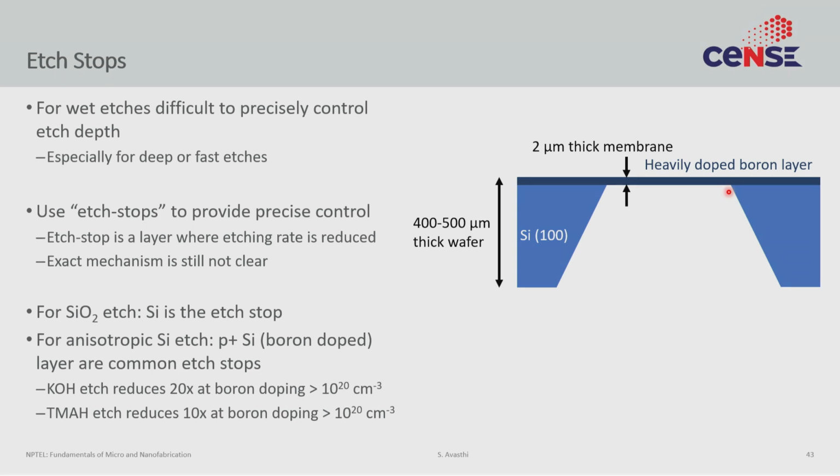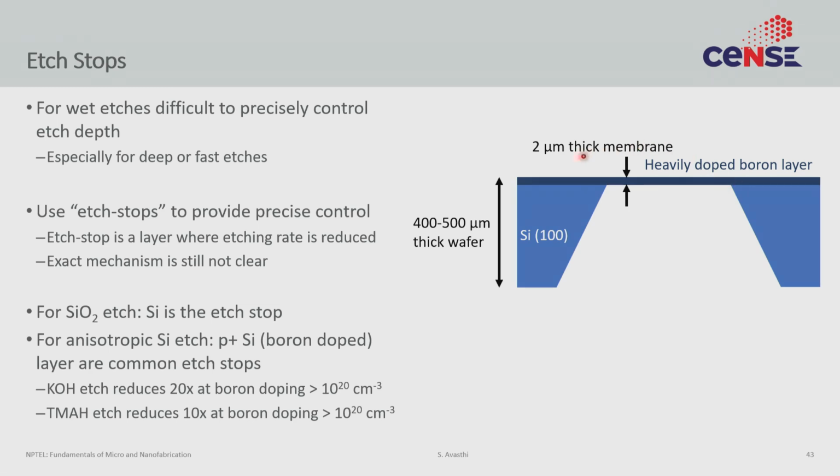And the way we can explain this is to remember the first concept we discussed when we started doing etching, that most etches are electrochemical etches. It's not just about chemistry, it's also about electrochemistry. So the work function matters, and you can now easily see that the electrode potential or the work function is very different for a highly doped silicon than for an undoped silicon, and that effect is enough to actually create these etch stops.